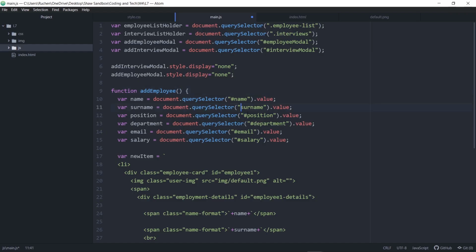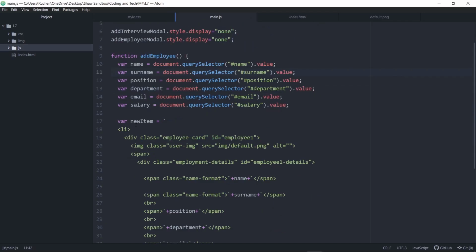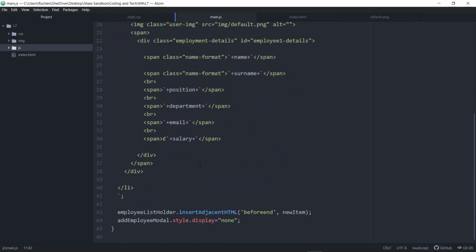We need to include a hashtag over here because this is an ID that we're calling of this field. I'll just save that up. My new item is pretty much straightforward. And then this is where I handle the adding of that card. Excellent. So before we go ahead and execute any code and run our system once again,